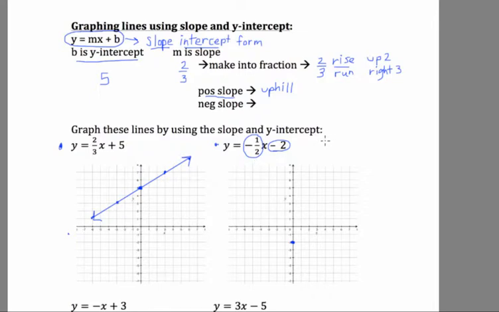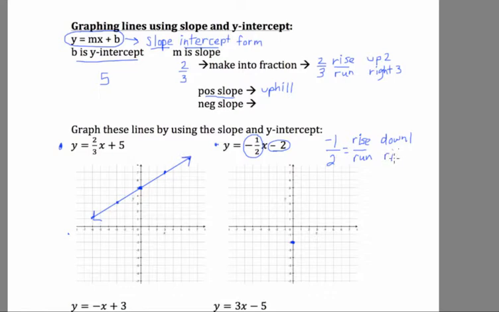So take your number, -1/2. I like to put the negative with the numerator. I'll talk about that a little bit more later. Make it into a fraction. Your number is already a fraction. The top number is our rise. The bottom number is our run. So I'm going to rise -1. So I'm actually going down 1,